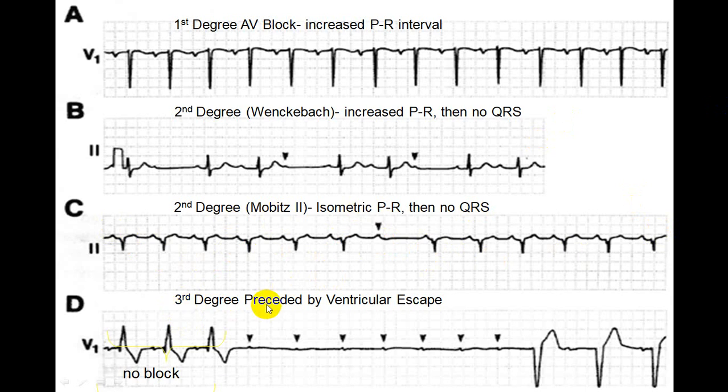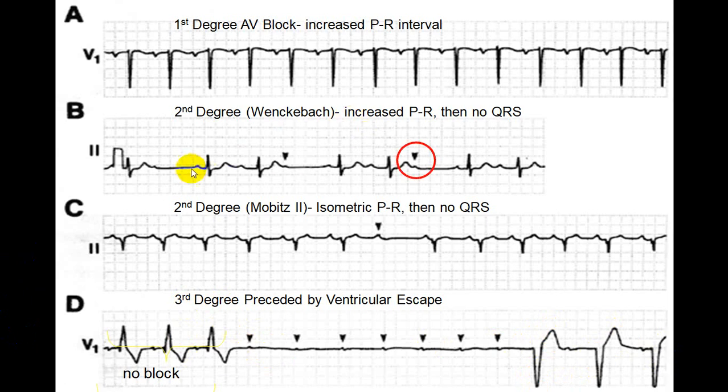See, in a third degree AV block also, sometimes you can come across these P waves. There are no QRS complexes at all. You can see that there are no QRS complexes, and once in a while you get one here. Is it clear? This is because of ventricular escape. So these are P waves with no QRS complex, then the ventricle escapes and starts beating on its own. This is idioventricular rhythm. So this is a third degree AV block going into a ventricular escape rhythm.